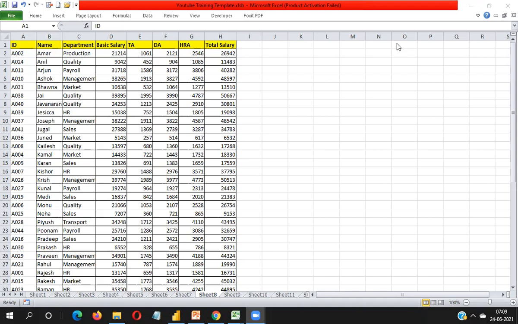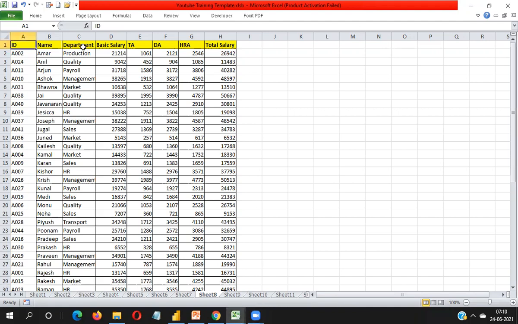In this video I will cover how we can apply logic for SUMIFS or COUNTIFS. First I will cover COUNTIFS logic. I will not apply the COUNTIFS function here; I will apply logic, so that just like COUNTIFS, you will get the output.